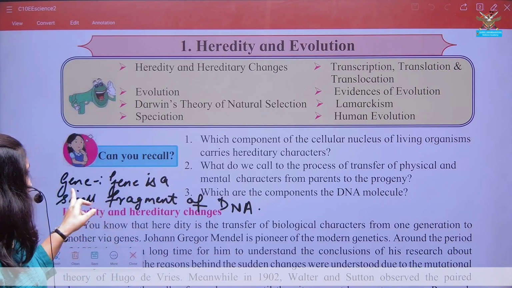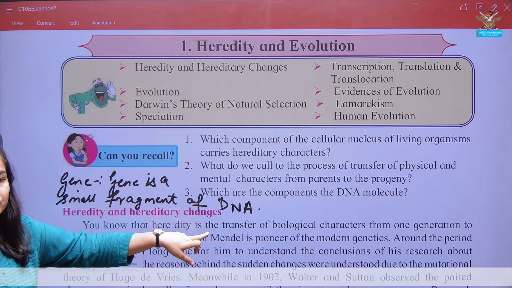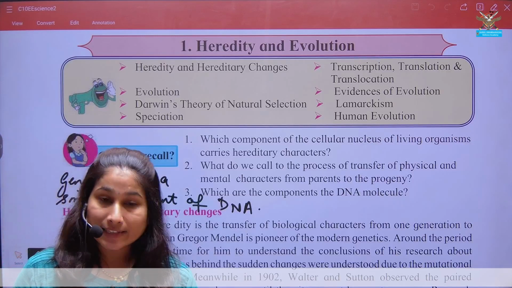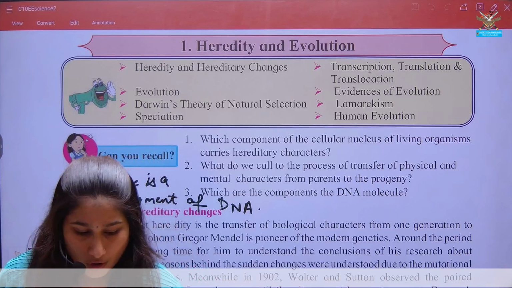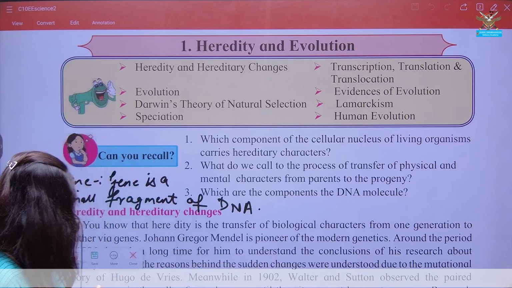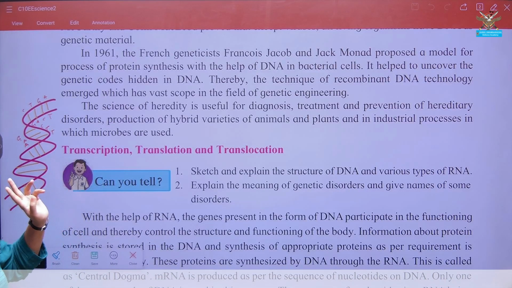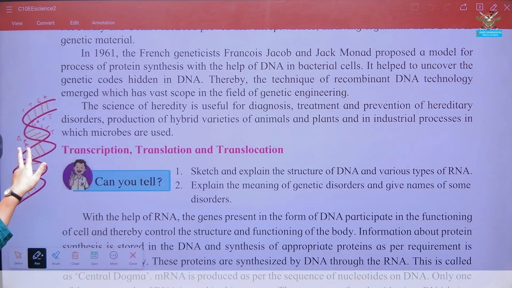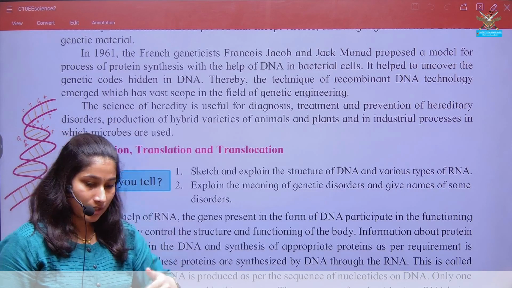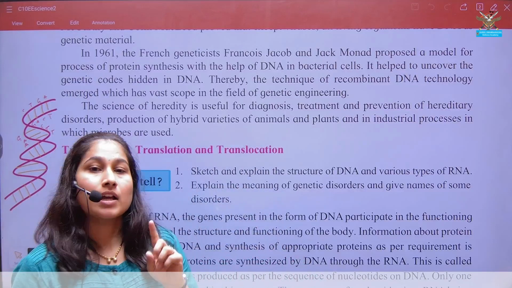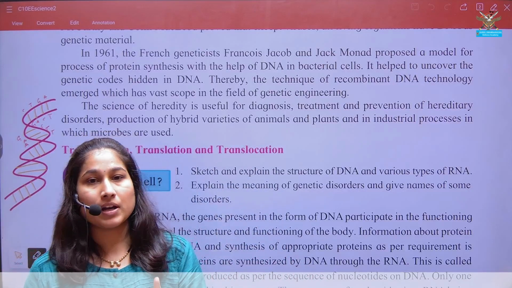As a gene is a small fragment of DNA, the question arises: what is DNA? What are the characters of DNA? What is the combination of this DNA? In short, we will discuss the structure of DNA. What does your DNA include? It includes a double-stranded structure. What does human or eukaryotic DNA consist of? It is a linear double helix structure.